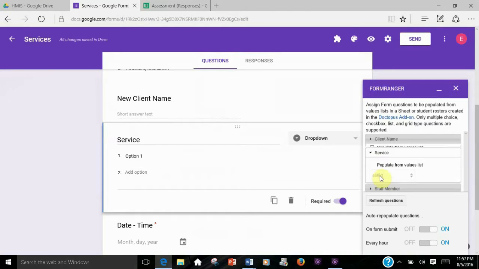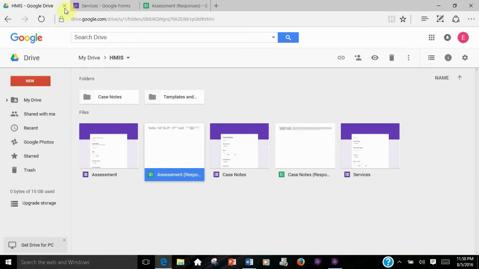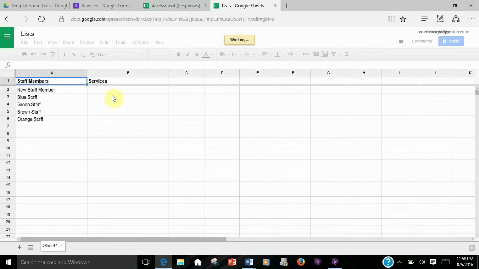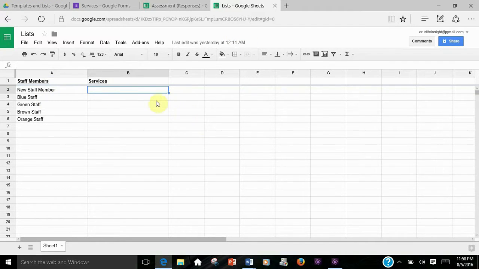We want service. We're not quite ready to check this because we want to go into our templates and lists. Go into our lists. Went to our list folder. Now we're in our list sheet, and our list sheet has staff members and it has services. I'm going to leave that one blank, and I'm going to say